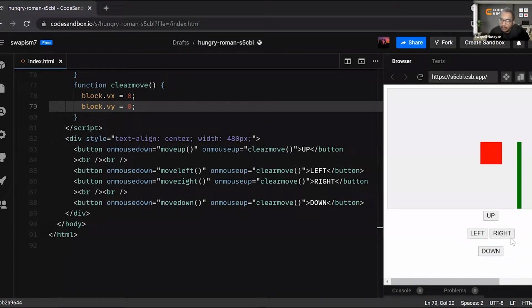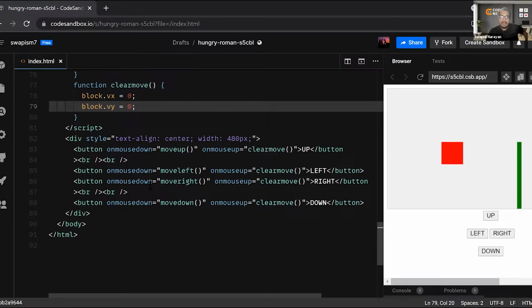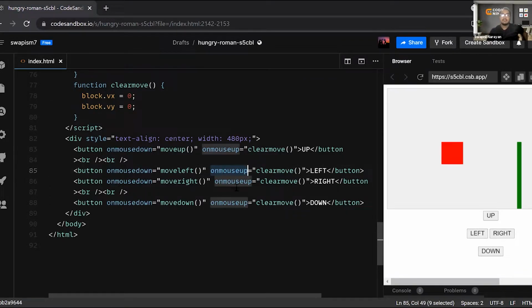I just want to click only one time, and it will stop the moment the click is finished. So on mouse down means when this button is down. Let's say you can see that this button is down, right, because I have clicked this button. At the time when I stop clicking, that will stop. So that is basically two different versions of on click. On click has two small children and more. Think of it like this. Okay.